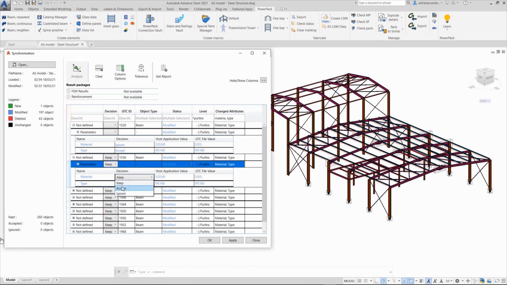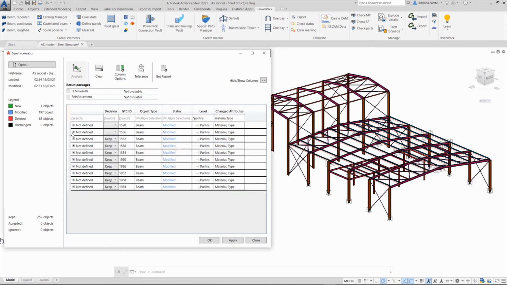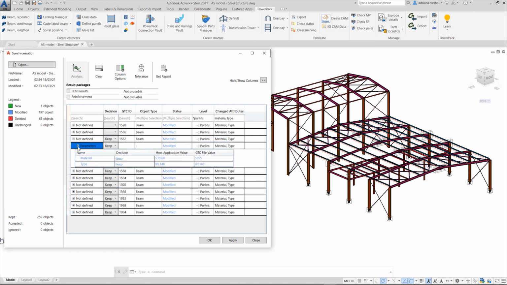So here you see we can monitor and apply step by step those modifications for all the steel members part of this project.